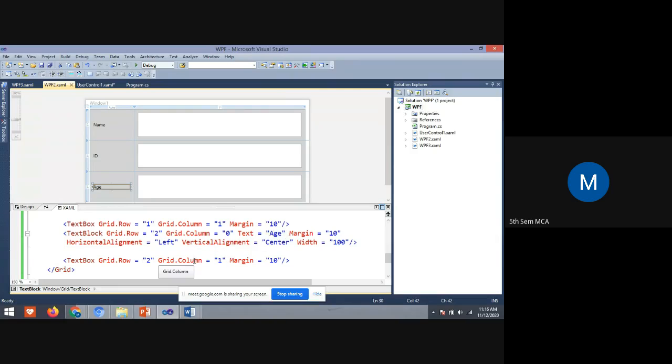Now I'll click on the text box with Grid.Row equal to 2, then this text box will be highlighted.